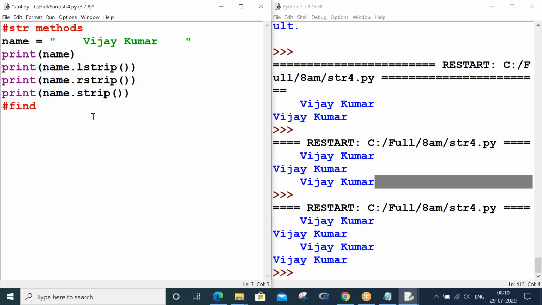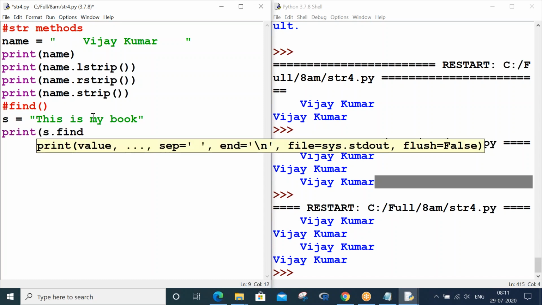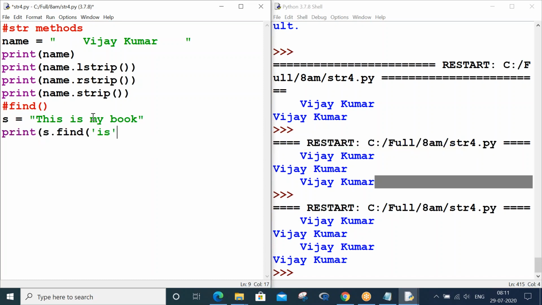Okay, the find function, let's try to understand. s equals, this is my book. Fine. So print s dot find of is.